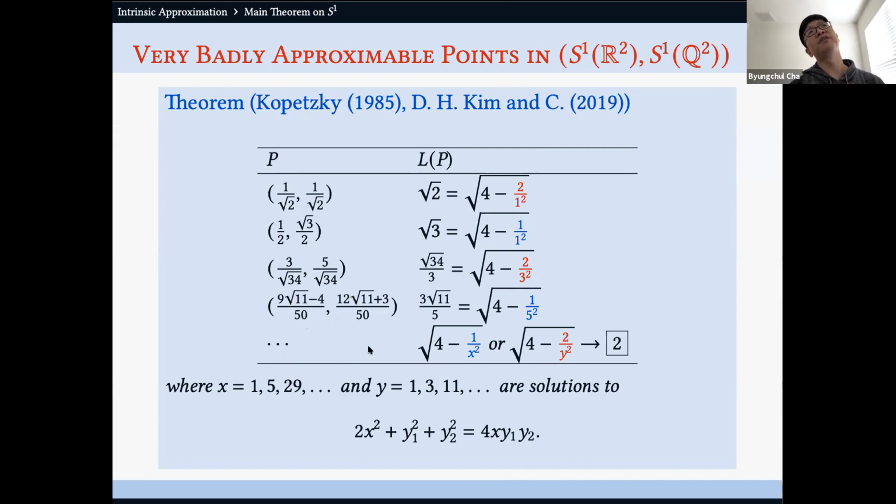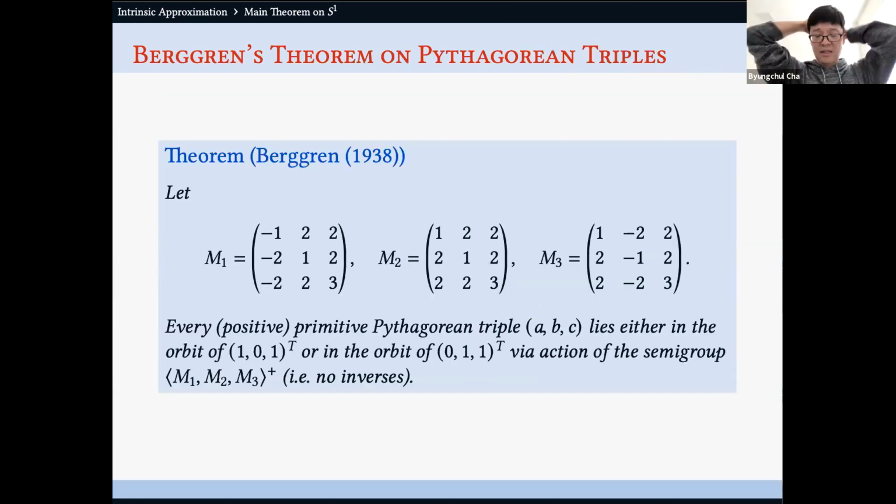The starting point of the proof of this theorem will be the construction of digit expansions for points on the unit circle here. Because then we're able to follow what Markoff has done and characterize very badly approximable numbers. So the next slide, I'm going to spend a few slides in order to describe how we